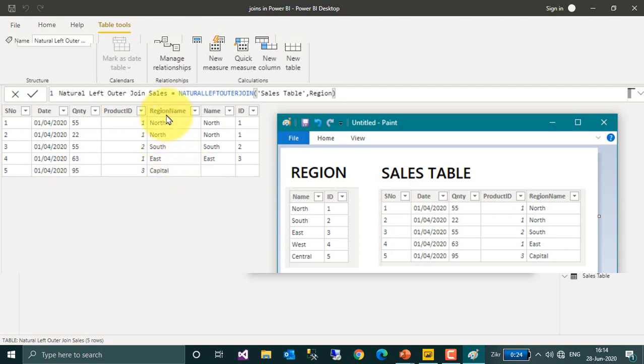So we got all the information from the sales table, that is capital also we have brought up here, whereas the value is not available on the region table, so it just shows as a blank here. But the region has additional data like west and central, it is not reflected here. The reason is it is a left outer join.